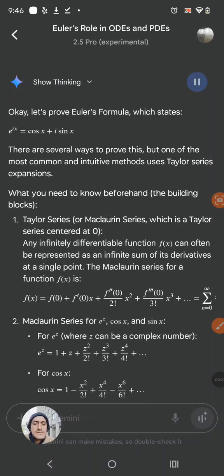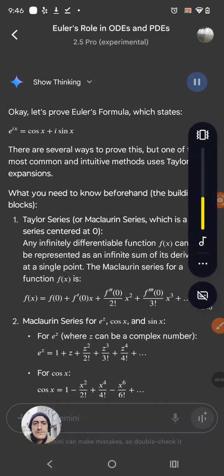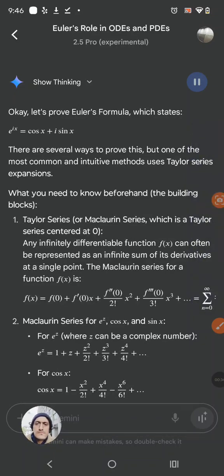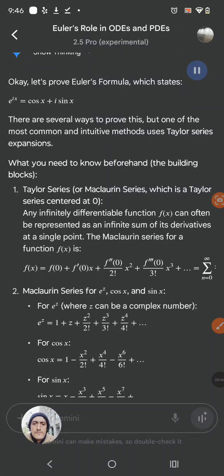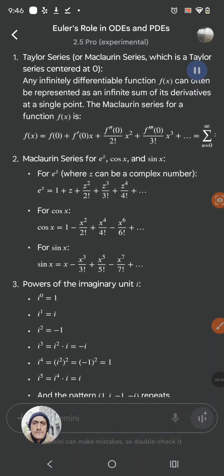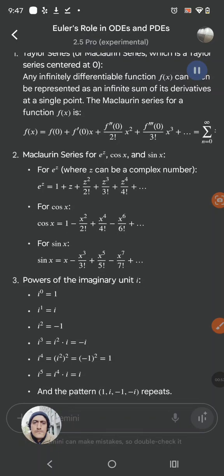Okay, let's prove Euler's formula, which states... there are several ways to prove this, but one of the most common and intuitive methods uses Taylor series expansions. What you need to know beforehand, the building blocks. 1. Taylor series, or Maclaurin series, which is a Taylor series centered at 0. Any infinitely differentiable function f of x can often be represented as an infinite sum of its derivatives at a single point. The Maclaurin series for a function f of x is